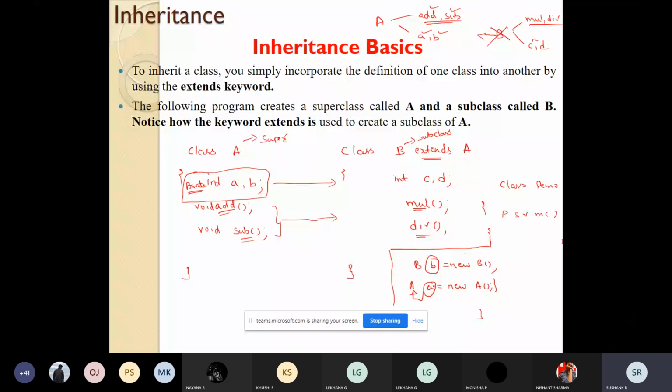Hence, only a class object, only the A class object a1, can access the variables a and b. The B class object, I'll call this B1 because I've already used the names A and B, cannot use variables a and b that are private in class A. Because they are private, these variables will not be available in subclasses, even though there is an inheritance relationship. Even though classes A and B are related, the private members of the superclass will not be available to